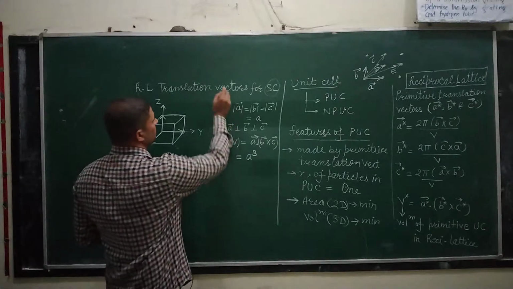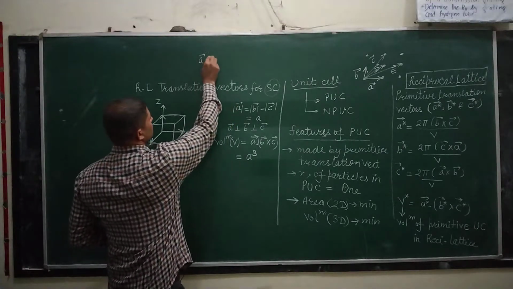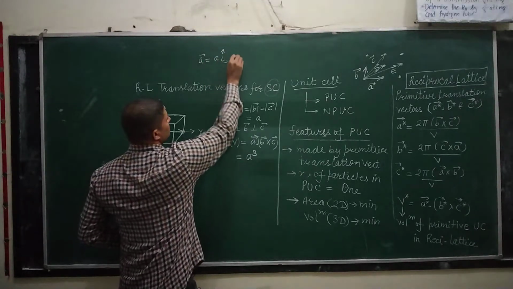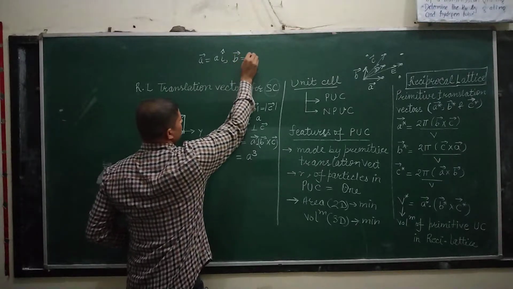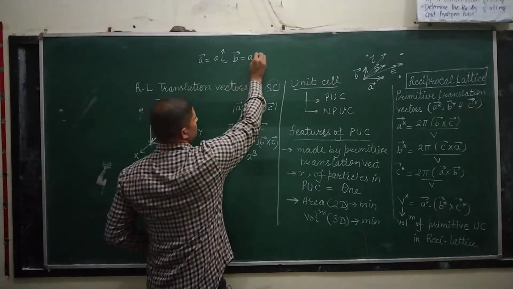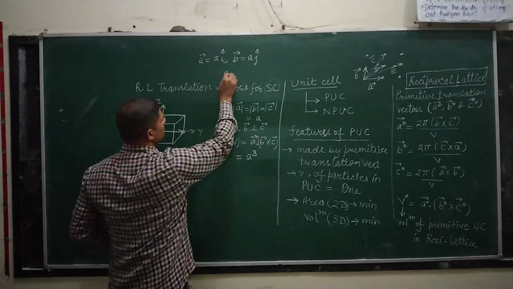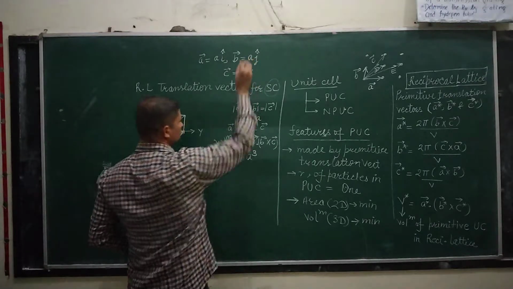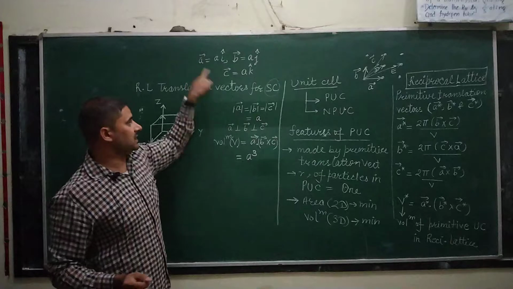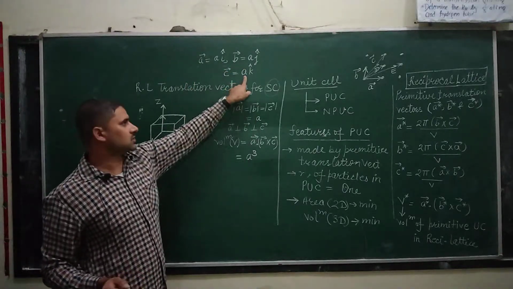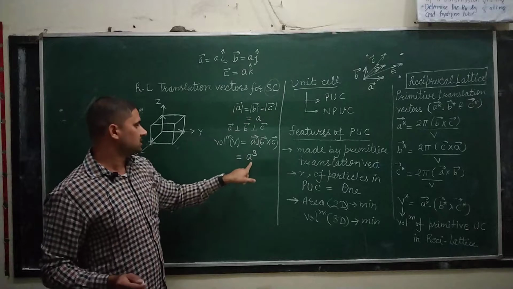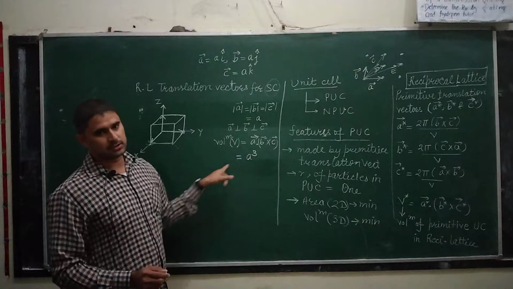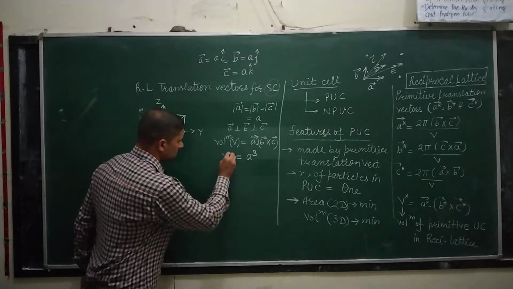What will be vector A? Here vector A is equal to magnitude of A times its direction, vector B is magnitude of B times its direction, and vector C is its magnitude and its direction. The magnitude of all primitive vectors is the same because we are making a simple cubic structure here. So if you put the value of A, B, C here and solve it, then you will get the volume will